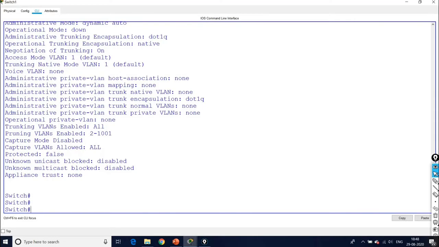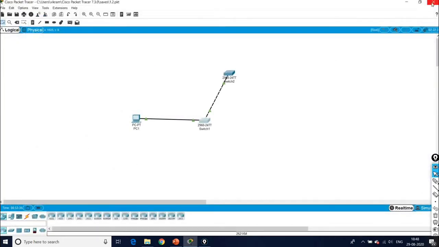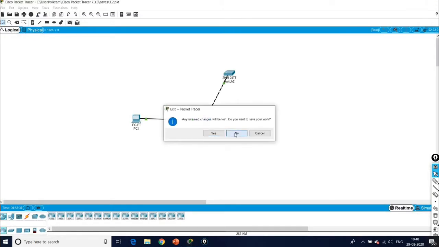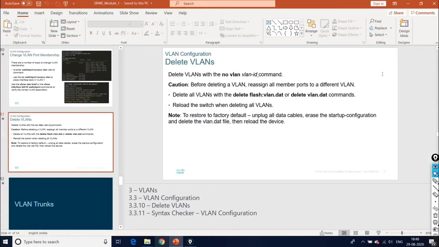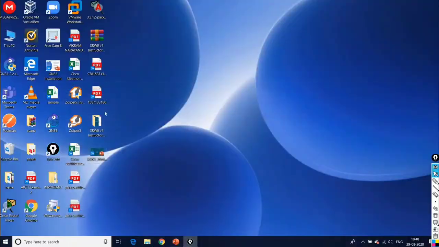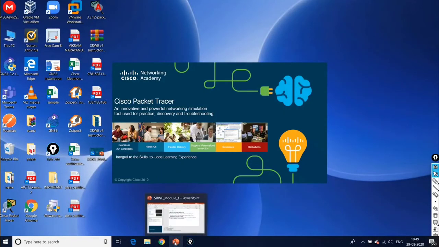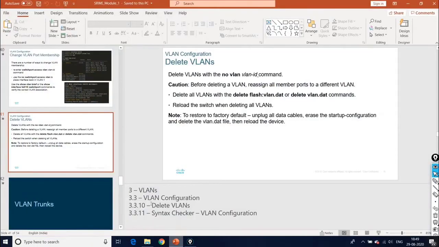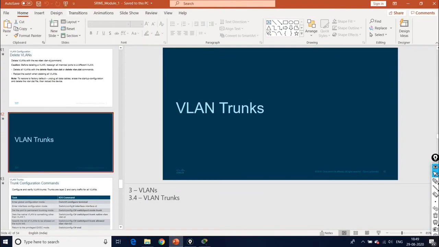Now we'll go for trunking. Again we have an example for that. VLAN trunks.